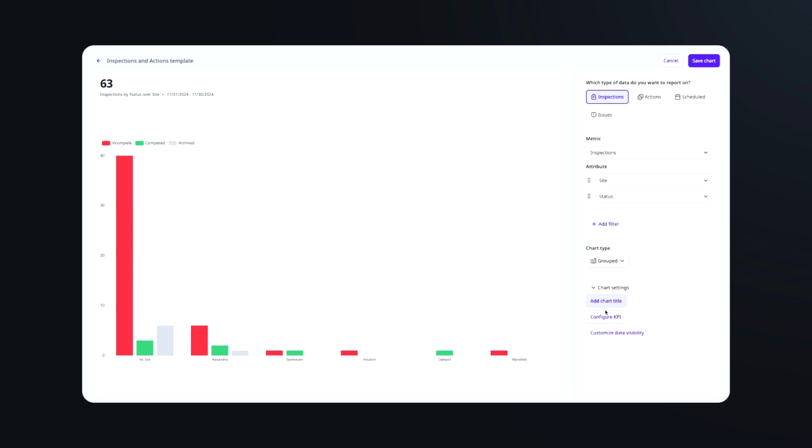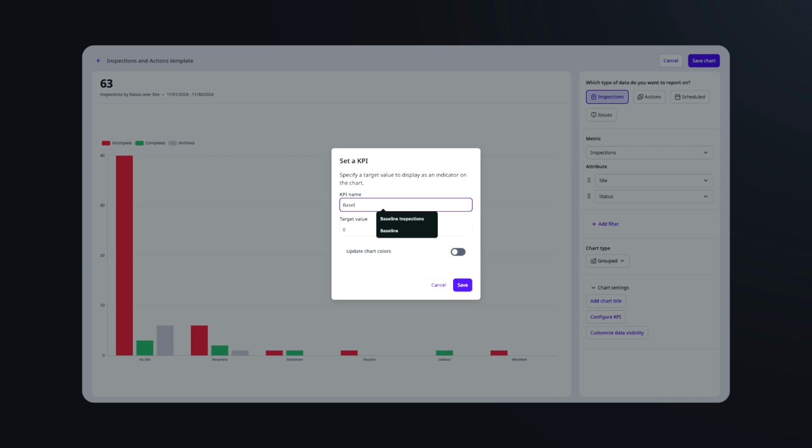Then we can move down to the settings themselves. We could add a chart title if we wanted, but the next thing we'll cover is KPIs. With KPI tracking, this is a key way to give our team or our leaders real-time insights on how they're tracking against a set number. We know of a lot of warehouses that have live Safety Culture Analytics up on screens, so the teams can essentially see how they're performing on a daily, weekly, or monthly basis. So with that, let's go configure a KPI here.